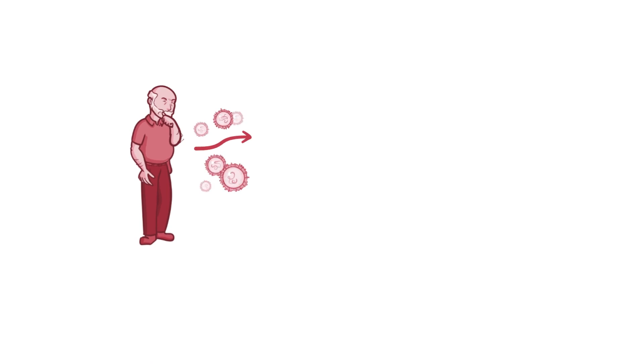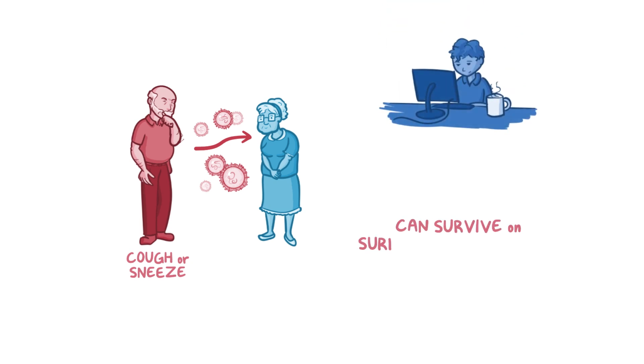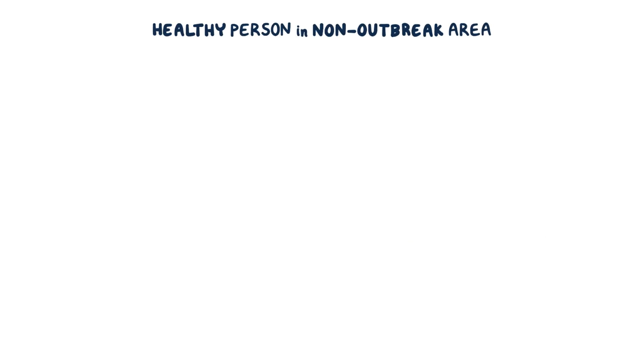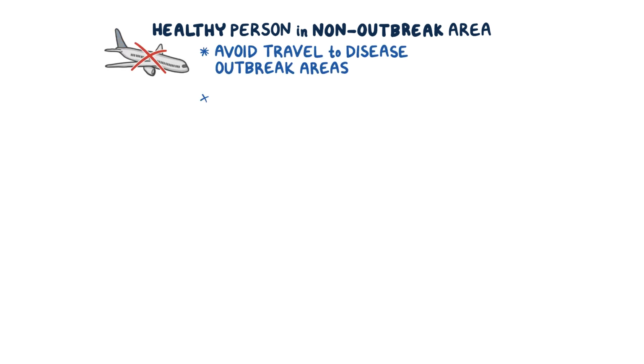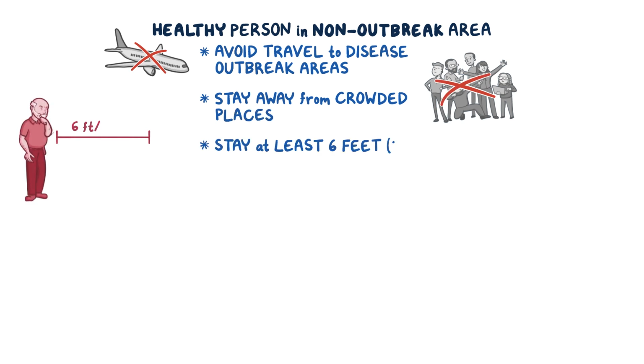Coronaviruses don't usually spread over long distances in the air, but they can get flung from one person to another on tiny droplets of saliva when someone's coughing or sneezing. In addition, some strains of coronavirus can survive on surfaces for over a day. With that in mind, if you're a healthy person living in a non-outbreak area, the recommendation is to avoid travel to disease outbreak areas, generally stay away from crowded places, and stay at least 6 feet or 2 meters away